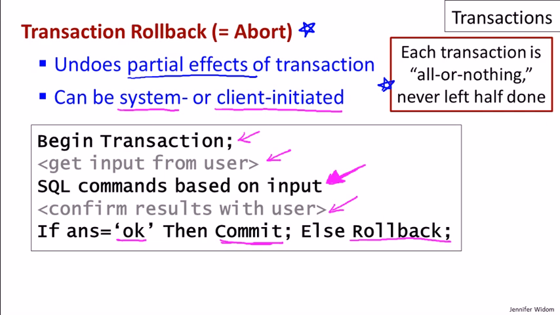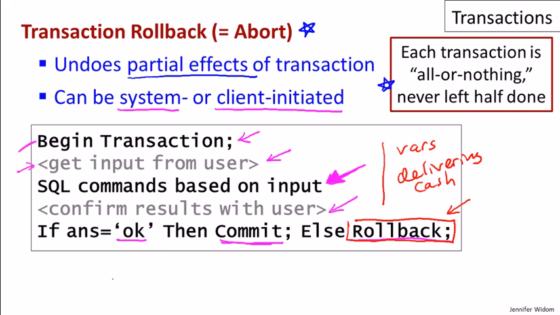So it can actually be quite a useful feature for clients to use. But clients do need to be very careful because this rollback command only undoes effects on the data itself in the database. So if perhaps in this code the system was also modifying some variables, or even worse, say delivering cash out of an ATM machine, the rollback command is not going to undo those. It's not going to modify variables, and it's certainly not going to pull that cash back into the ATM.